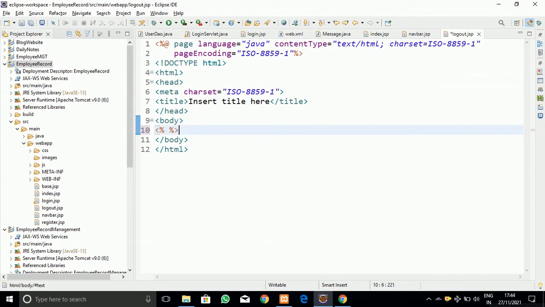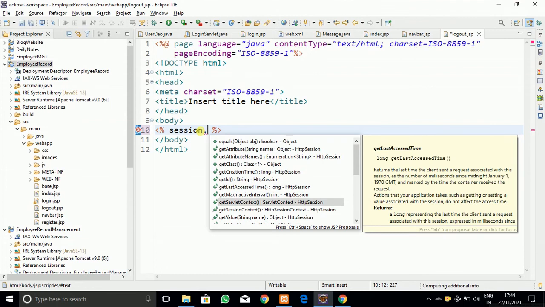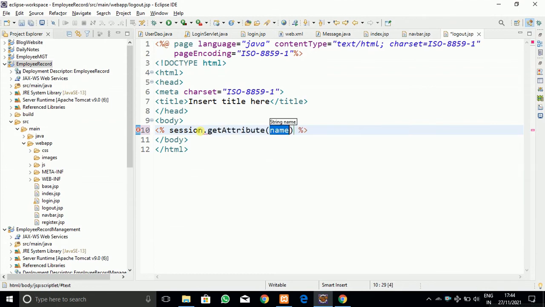Into that page I am going to get the session attribute, that is, get the current user from the session, that is session.getAttribute, and that attribute name is currentUser that I have got here.